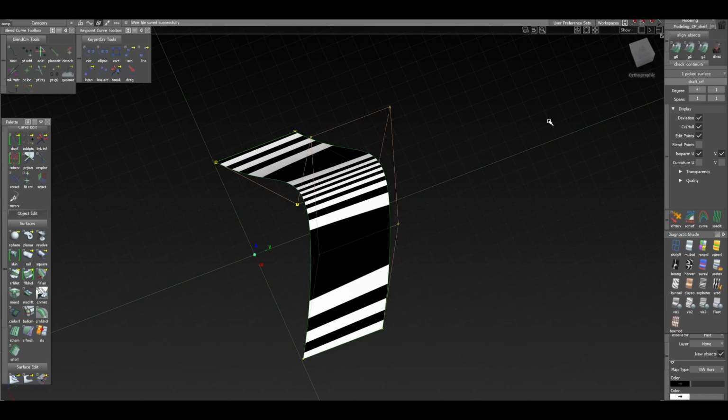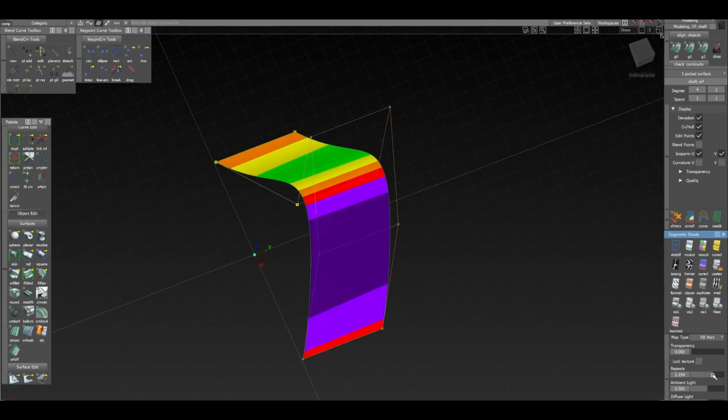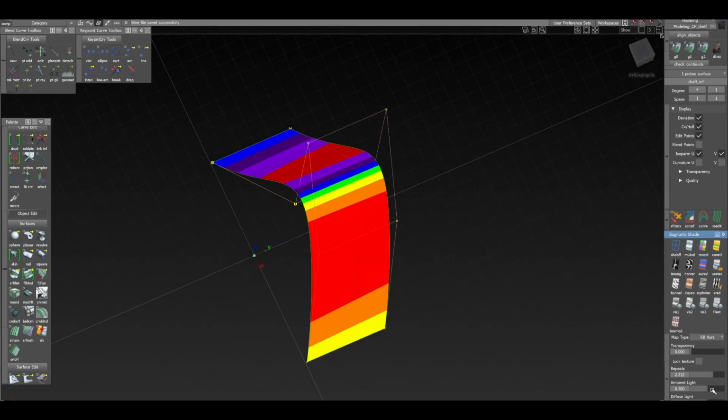But as I was saying before, when I first started learning Alias, I was using zebra stripes to evaluate my work. But then I started getting a little bit more sophisticated, and I switched over to rainbows. And I believe it's over here, and I would increase the repeats here to give me a better idea of what it is that I'm looking at. And I'd also, there was a way to,